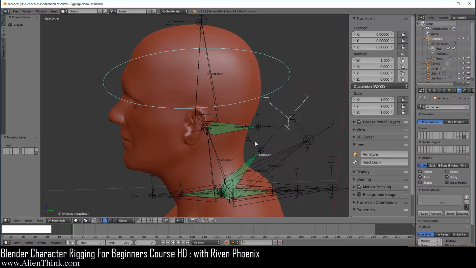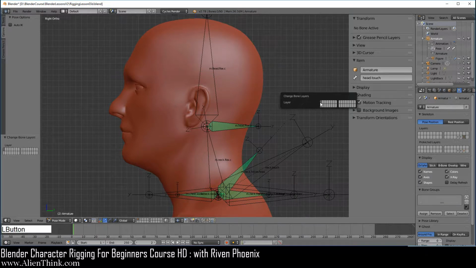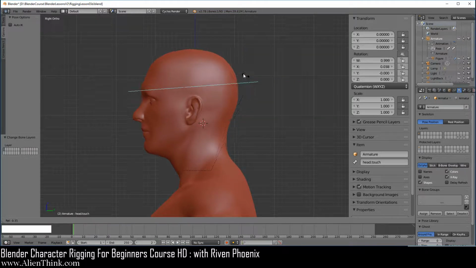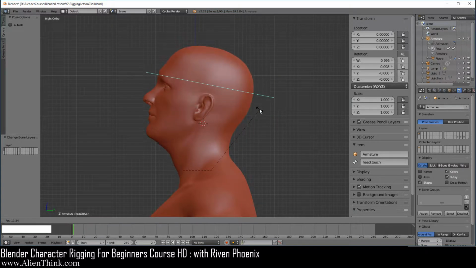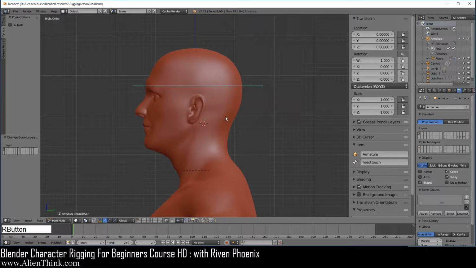So this is your bone. Press the 3 key. Now since these are going to be touch bones, we can actually just put all the touch bones over here on this first layer. So having this selected, you can press the M key and go ahead and select this, okay? So now notice that when you come over here and select this, this is going to be our bone shape. Of course, you could disable the X's and names, right? Now when you press the R key here, you can see that this is a bit more intuitive, right? It gives you the ability to rotate the head. That's how that works.